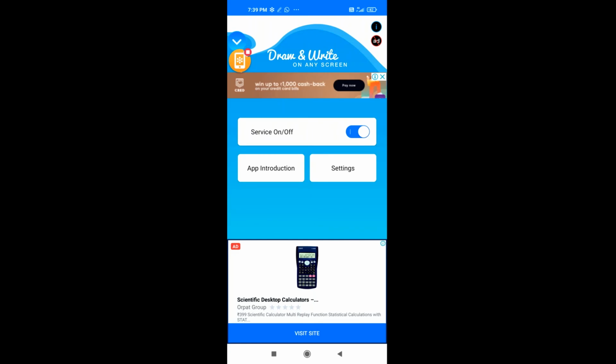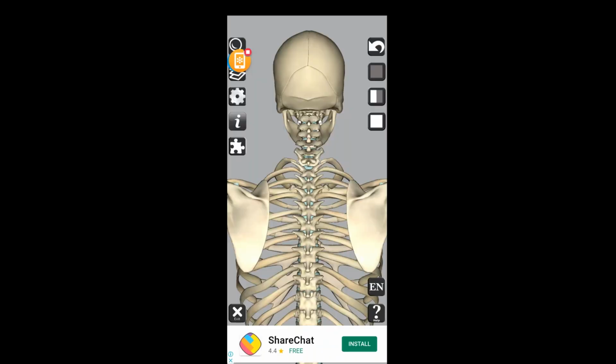Now we will see the investing layer. Now I am seeing from the posterior side. What is this? This is my external occipital protuberance. Now I am seeing the attachments of the investing layer. Okay, superior occipital protuberance, superior nuchal line.